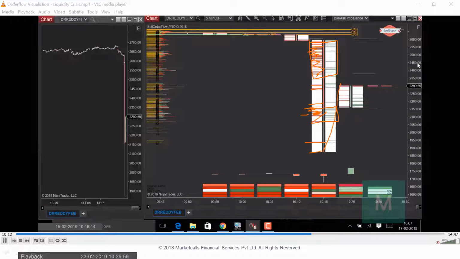So what you can learn from this is that when there is a liquidity crisis, price tends to go down. Maybe one of the reasons why your order might get skipped is that you might place an SL limit order before it comes to the trigger. Before your trigger hits, in the meantime, the market would have jumped to the next level. So that is why the order gets skipped, even if you have an SL limit order. But anyways,